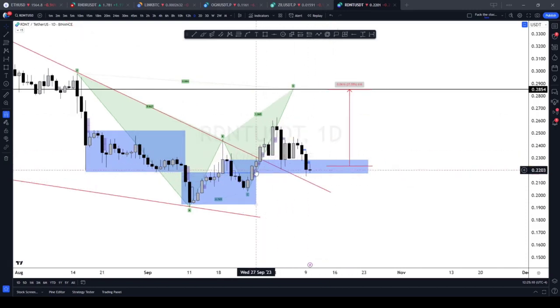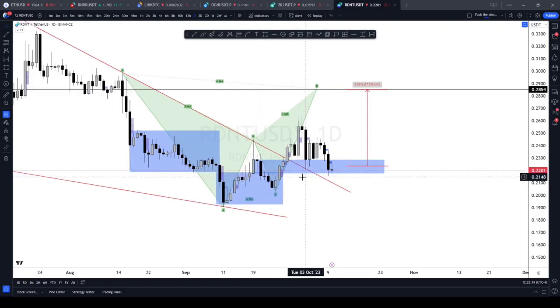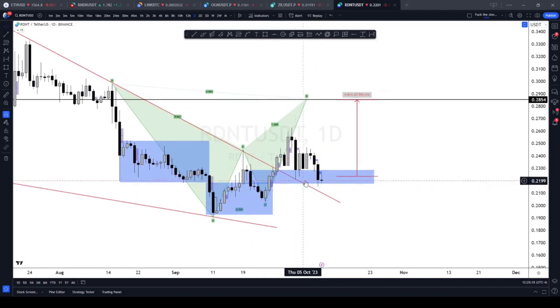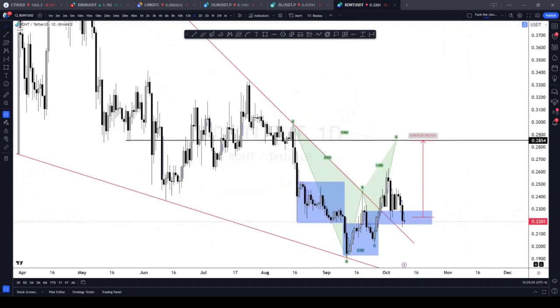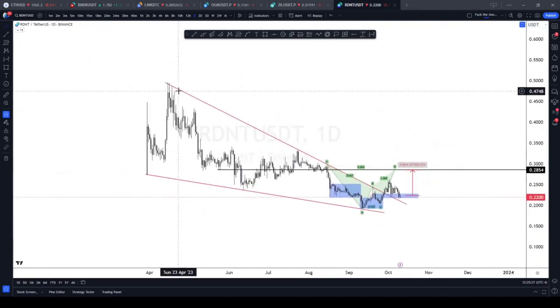There was a fair value gap here on the daily that we held. Almost filled the entire thing. And then we also had a breaker here that we're currently holding at the moment. So we're going to see how this plays out and see if you can maybe find a reversal here. You're also at the meme wedge